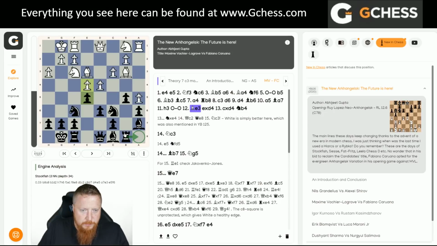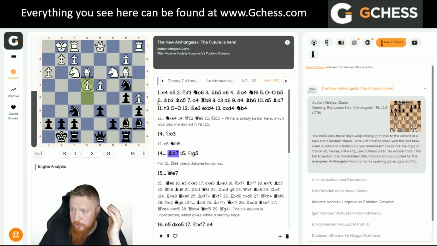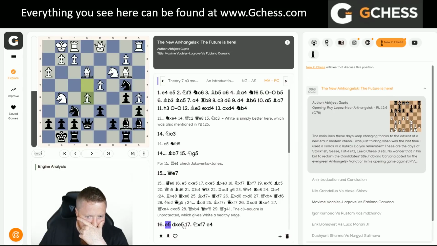But in this position, pawn takes d4 looks more interesting to me. So I'd certainly remember to play this. And then I'd go knight b4 with the idea of clearing the bishop, attacking that pawn. And then you had this crazy line where actually white is struggling to defend this pawn because I've got rook e8 to come. So white has to play something tactical, knight g5, and after queen e7, e5,